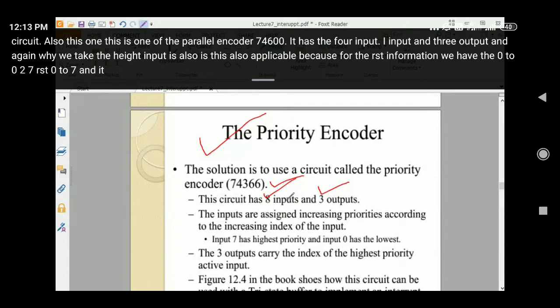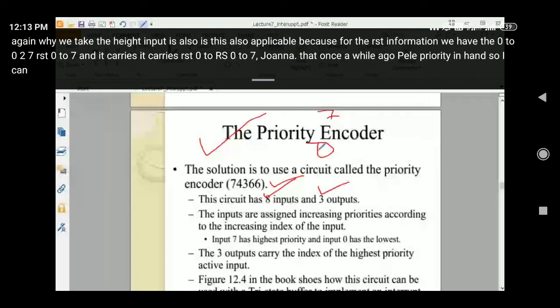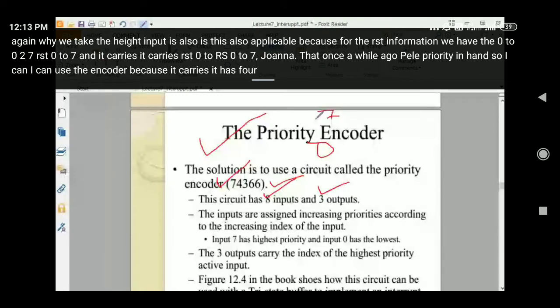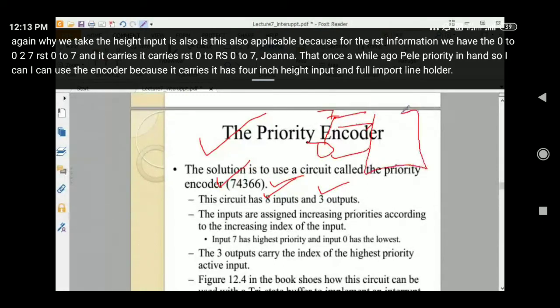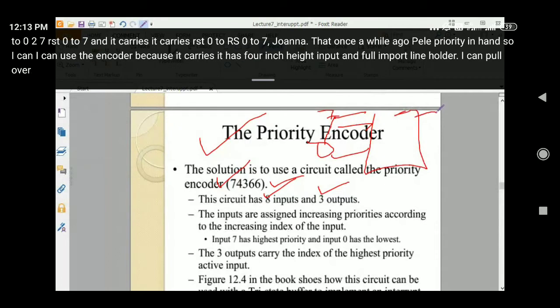So it carries RST 0 to 7 जो है ना, तो कौन सा वाला को पहले priority देना है. So I can use the encoder because it has 8 input lines होगा, इसके बाद priority encoder होगा, इसके बाद मेरे को 3 output line चाहिए.